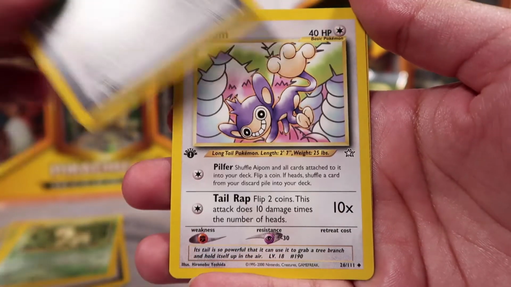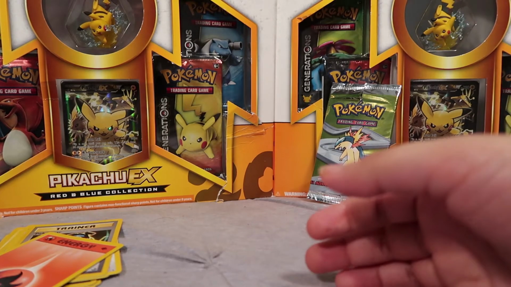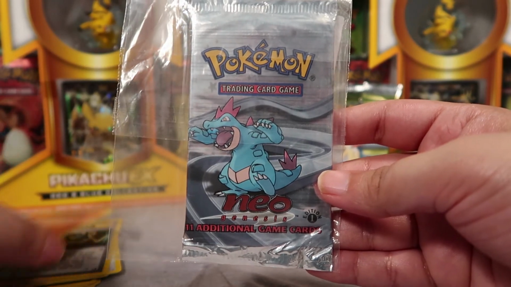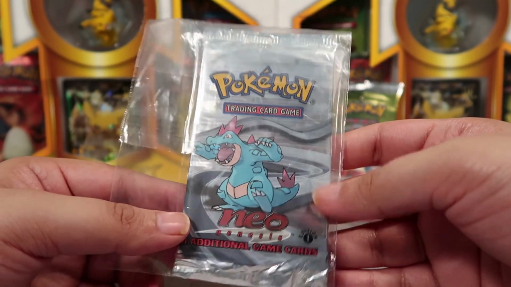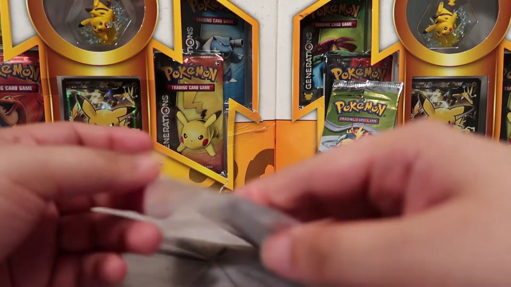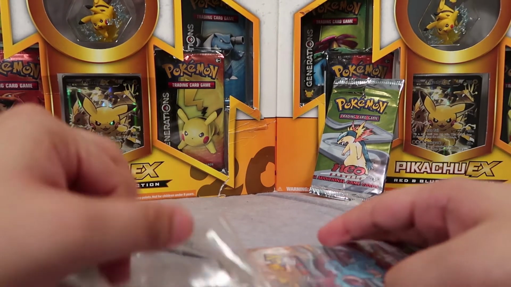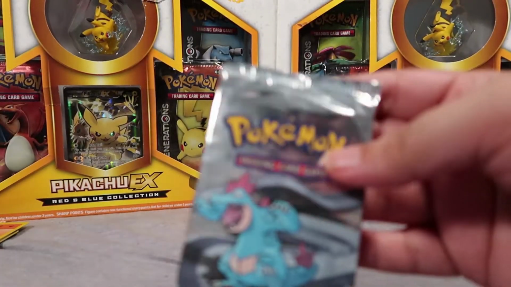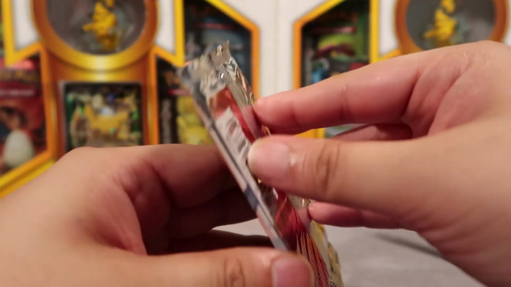Okay, this is my 4th Neo Genesis pack that I've bought from Amazon, and no luck. And what's the deal? I'm tempted to open this one here just to see if I should not be buying these through Amazon, because I haven't gotten a holo yet, and I don't want to seem entitled to a holo, but you would think, right guys? Are you nodding along saying yes? You would think that you would have gotten a holo by now in here. You know what, we're just gonna do it